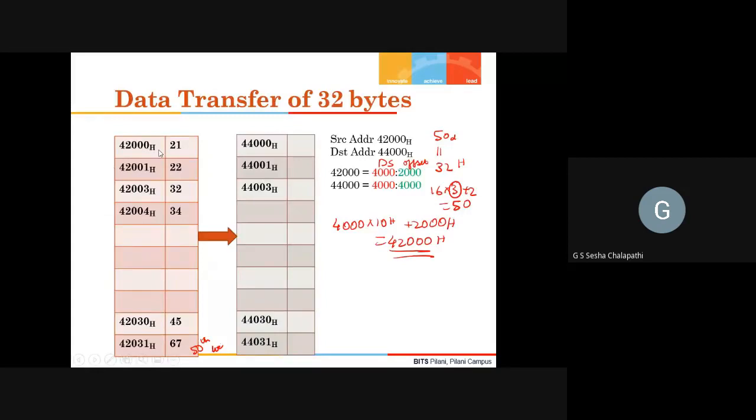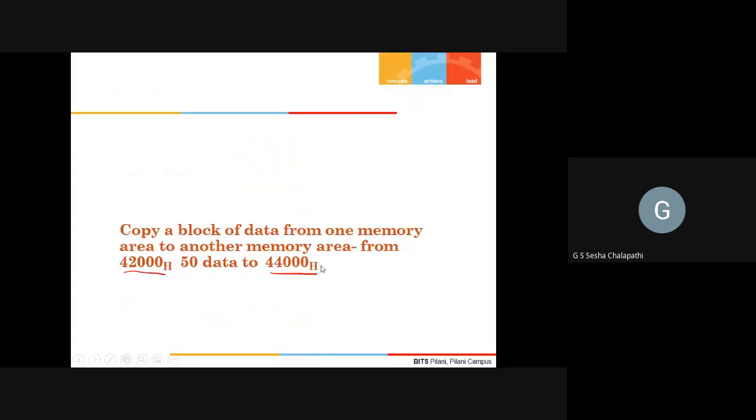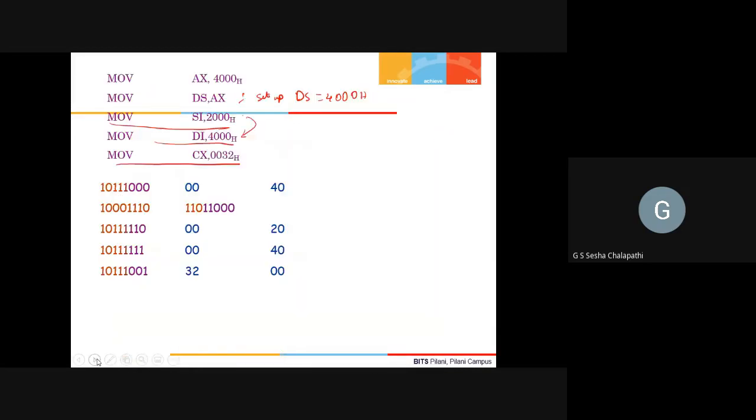Where we loaded the DS first, then SI, then DI, and CX we loaded with the count, which is 0032H, which is 50 in hexadecimal, and these are the machine codes for the same. This is an immediate instruction.